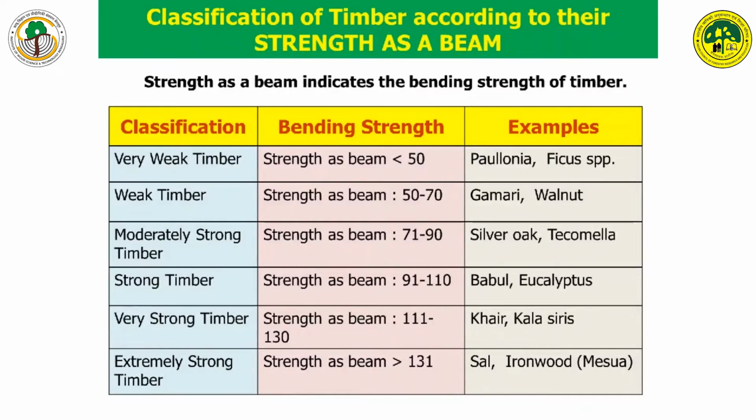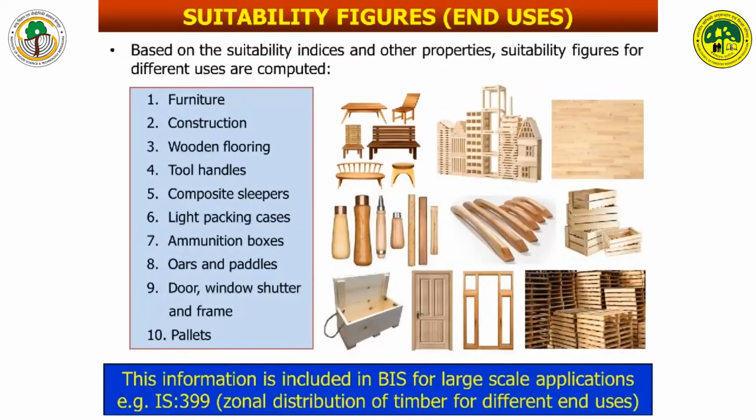like very weak timber, moderately strong timber, very strong timber, and extremely strong timber. When strength of the beam is greater than 131, it is extremely strong. When strength of the beam is between 111 and 130, then it is called very strong timber. So this is also a kind of classification. And then finally, we have to compute what is called the suitability figures. And these are the different